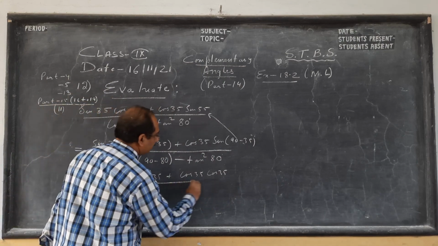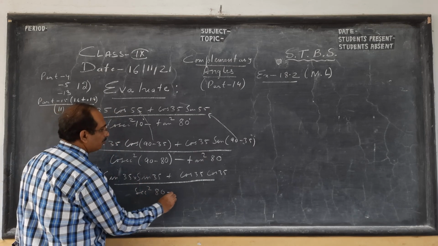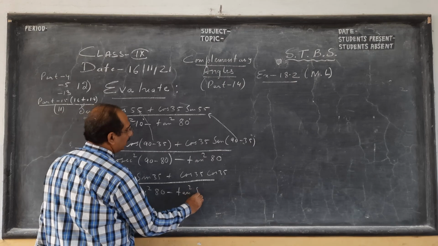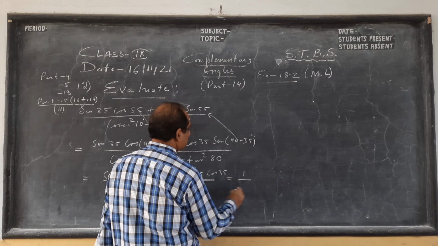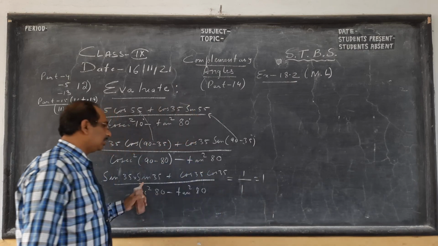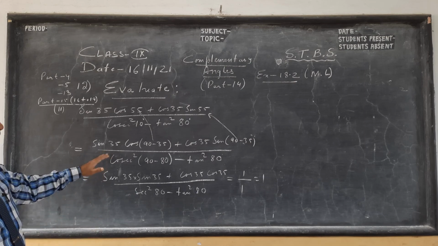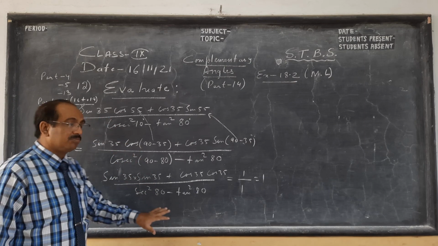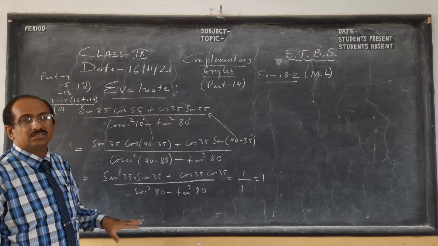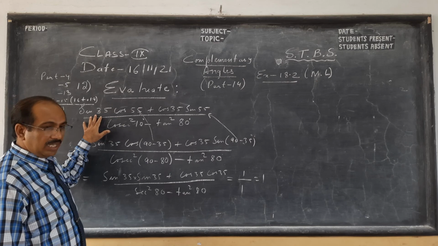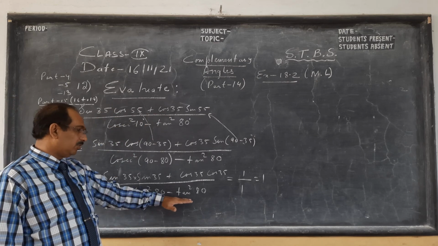And down what I am trying to get is, here I will recapitulate, sec square 80 minus tan square 80, same angle. This will also be 1. I will show you how. This is 1 and we get 1. Numerator is 1 and denominator is 1. Before you pause the video and copy, see here what basic idea I am trying to do. Because we have to find the value, 1, 2, 0, like that your answer will be there for a while. So sine square plus cos square by sec square minus tan square is 1, because this is 1.